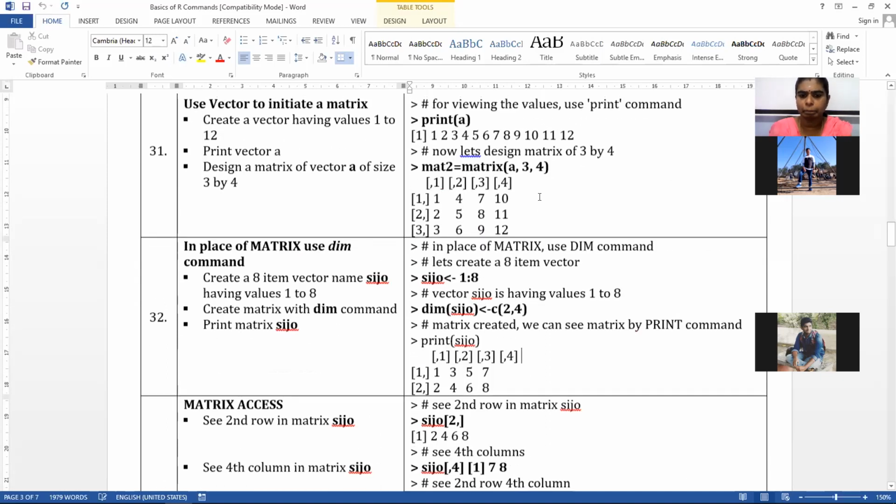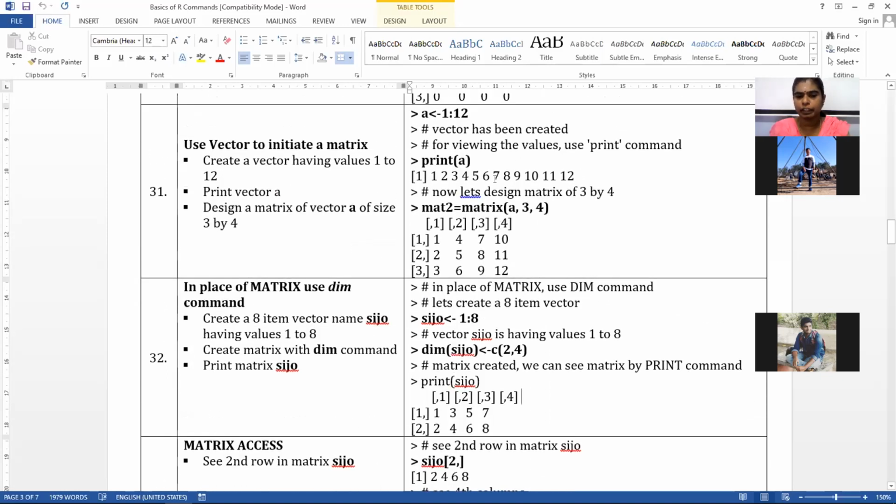Now let us compare these two statements. What is the major difference between these two steps? Here also we are creating a matrix, and here also we are creating a matrix. But in what way are these two different? Here I have created a vector in the name of A, then I have created a matrix in the name of map2. Correct?